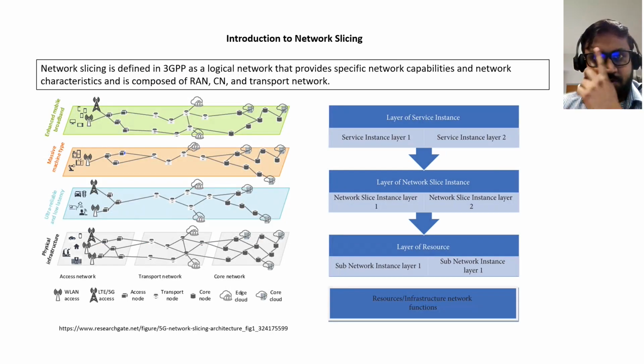So just to give you an idea, what it means by network slicing is, if you take a typical telecom network, it would consist of mainly three components: a radio access network, a transport network, and a core network. And network slicing itself is a term coined by, well, there are a lot of definitions to it,